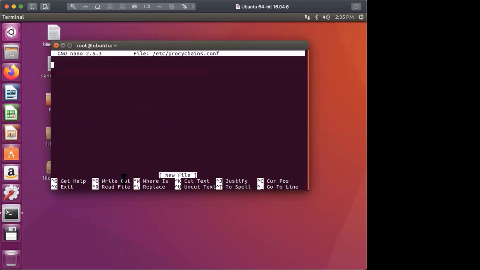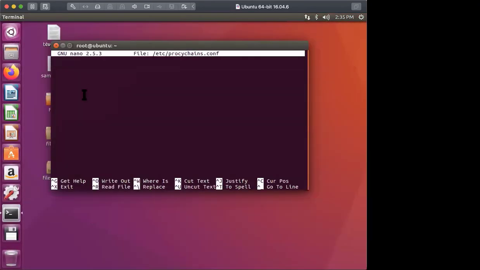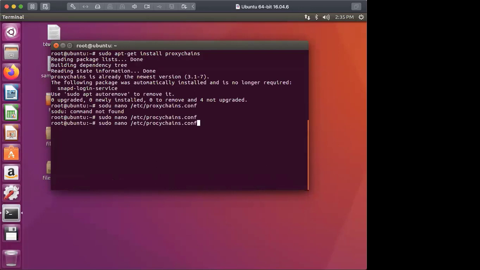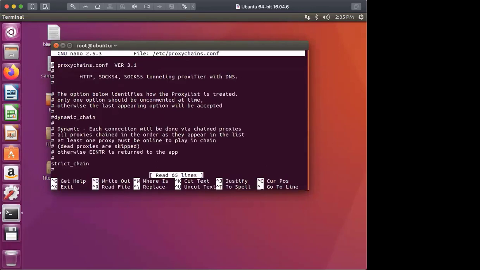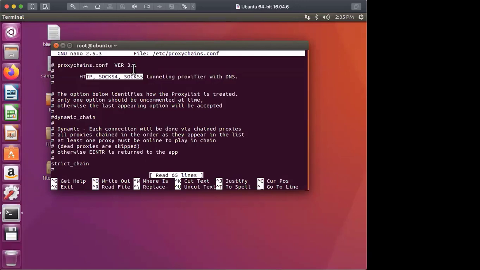Okay. And that's not going to work because I misspelled it. Stand by, please. Proxychains, everybody. Proxychains. Let's try that again. Okay, great. So we can use HTTP, SOCKS4, SOCKS5, and this allows you to tunnel your connections through